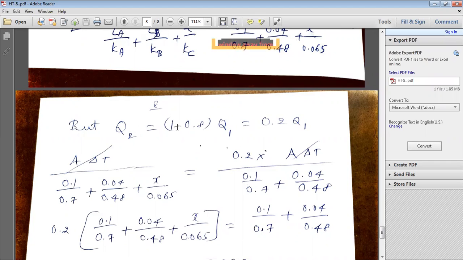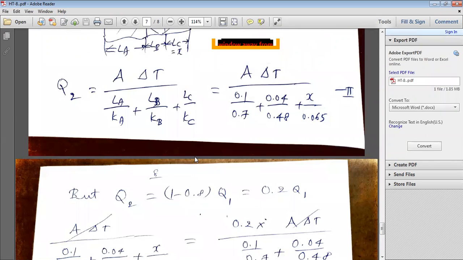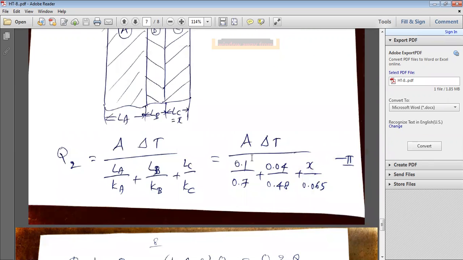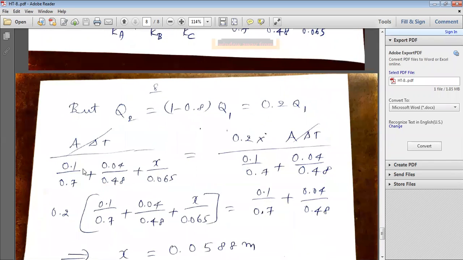80% reduction means only 20% heat is passing through, Q2 is 20% of Q1. Earlier there is 100% Q1. So if the third material is added, only 20% of Q1 passes through. That's why Q2 is equal to 0.2 into Q1. But Q2 is given by the equation: Q2 is equal to A into delta T divided by